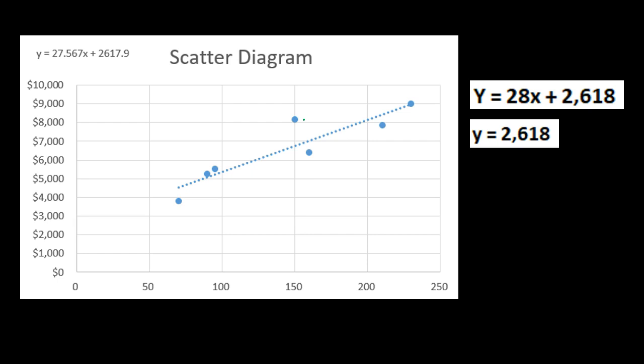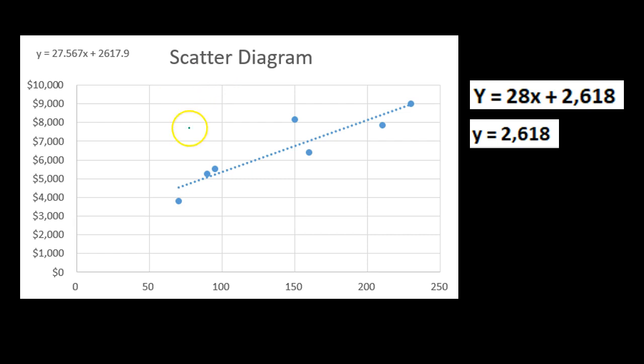We can do a similar process with this once we get that trend line. And we will show, if you take a look at the examples, how to do this in Excel. We can plot this. We can make the graph. We can use Excel to give us our trend line. And we can use Excel to help us get a formula even. Once we have the line, we can get the formula for a line, which in this case is going to be y equals 27.567, it's not exact, x plus